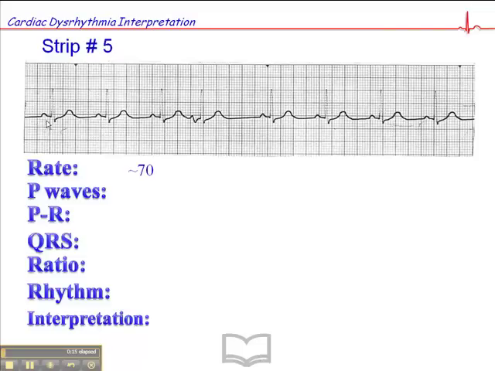So we have an R wave here, and the distance to this R wave here is equidistant to this one. And then this one happens a little early, and then we have this one, which is equal to this one, equal to that one, equal to that one. So for the most part, the underlying rhythm is fairly regular. So we calculate heart rate based on that